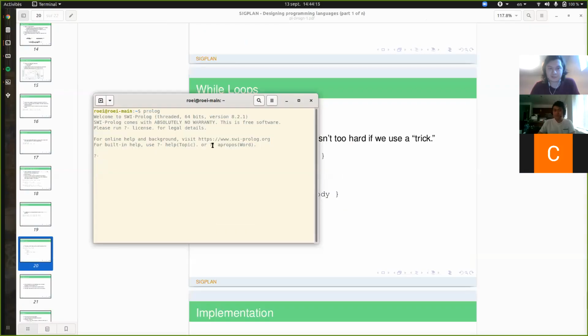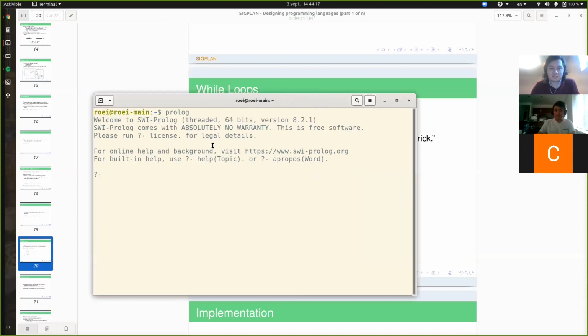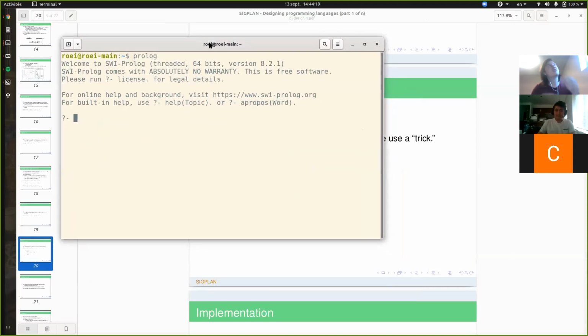Okay. Can you see the terminal now? Okay. Yeah. It's a little bigger. Okay. So